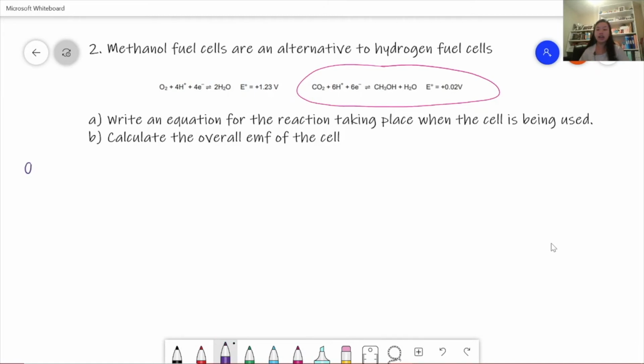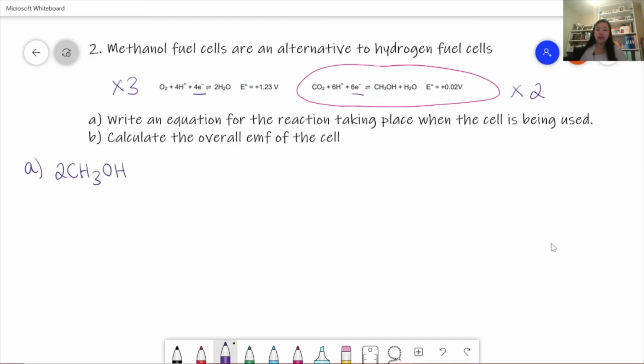So for A, we first look at the electrons. So there's 4 here, which means that we can turn them both into 12 electrons. So we can times this equation by 2 and this equation by 3. And the other thing we need to do is reverse the second equation. So if I do that one first, then I'm least likely to forget. So I get 2